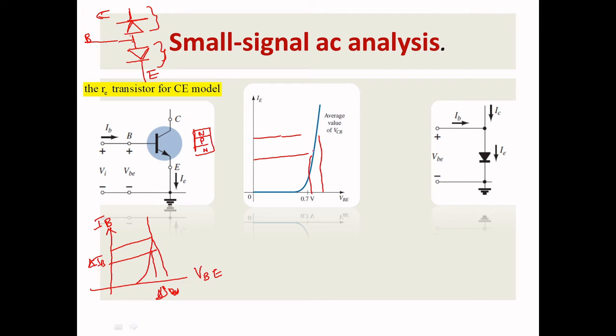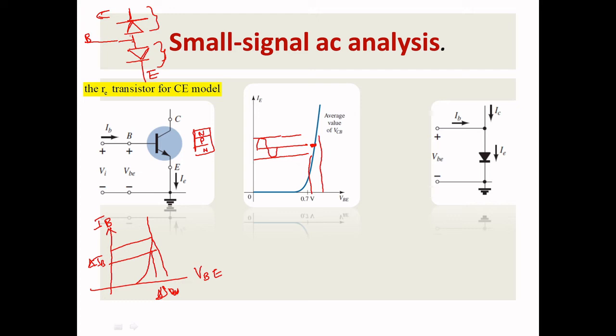Okay, so the size of the emitter current generally depends on the location of the Q point. Based on the Q point only, the size of the emitter current will be determined, right? So you can see the small AC input voltage across the emitter diode will produce emitter current, right? The small AC voltage across the emitter diode will produce an emitter current.